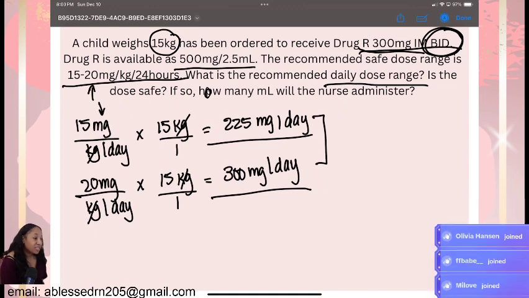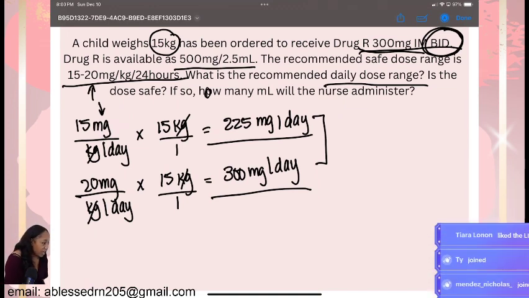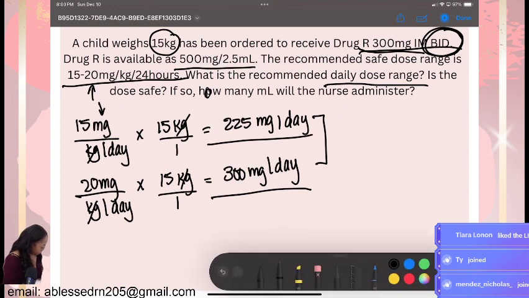What is the name? This is dimensional analysis. You're welcome. How can I distinguish if I'm looking for milligram over dose or milligram over day? Isn't the wording in the problem?